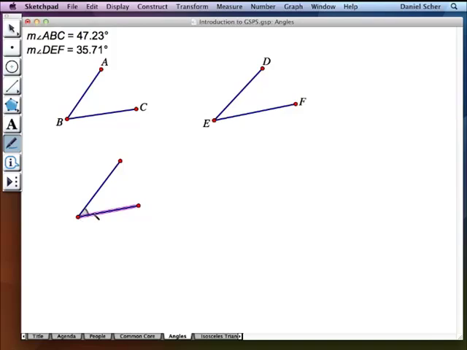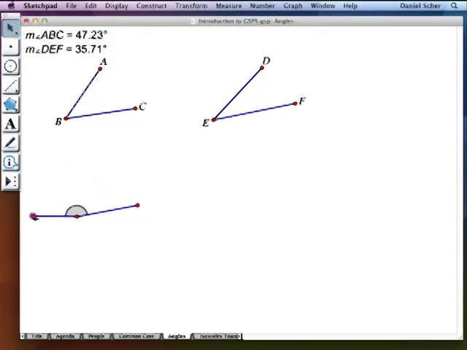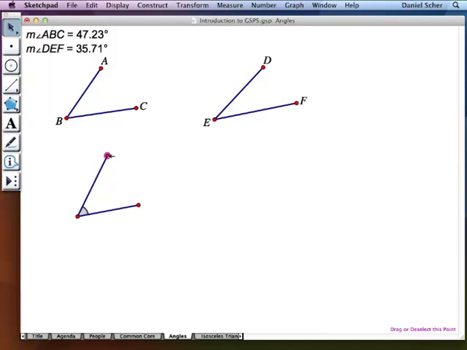So click and drag, and we have ourselves this angle marker. And if I drag this point, we see that the angle marker moves as well. So here we have an example of a new